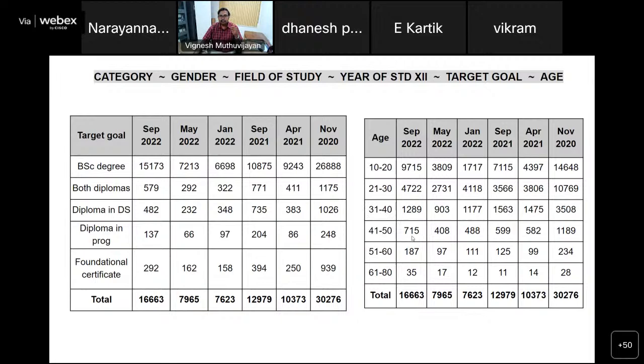We also have a large number of people who are currently working. As you can see, people between the ages of 25 to 50 who are probably all full-time employed in some position are also in the program. A lot of them are in very high designations, like CEOs, vice presidents, and so on, who are enrolled in the program. These are some details we have regarding their targets. As you can see, most people aim to achieve the BSc degree at least. They want to get the degree and earn the IIT Madras alumni status through this program.